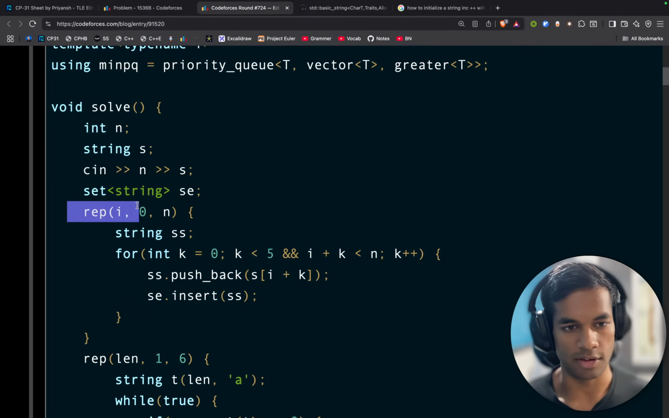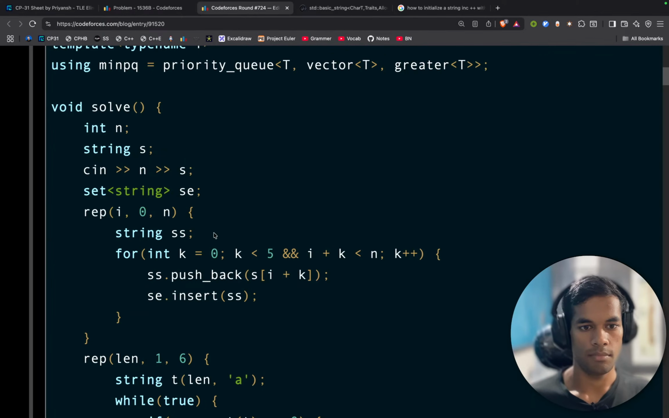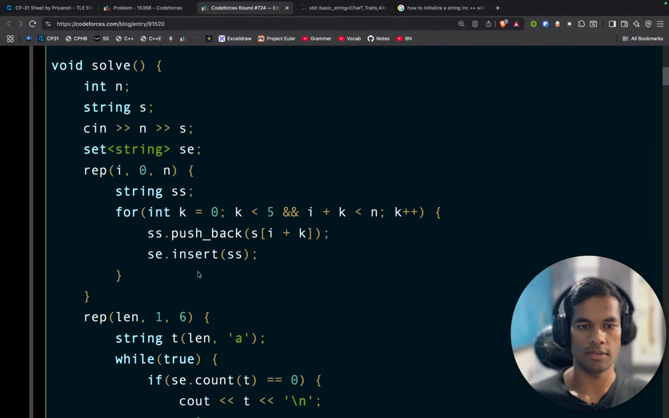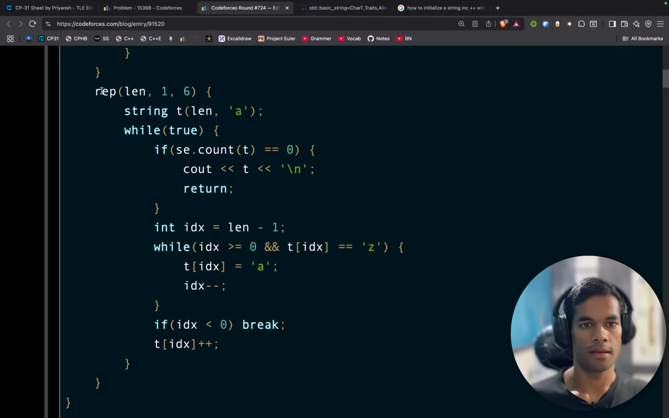Okay, they are using this expression, which is like in the Competitive Programmer's Handbook. They declare a string and then k less than 5 and i plus k less than n, push back this and insert this into SE. SE is a set of strings. Why is this supposed to be this complicated? And then start from length 1 to